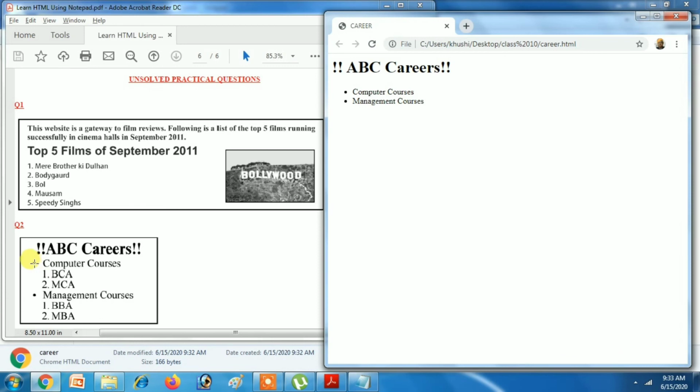Got it? So you can see two unordered list items I have displayed, but here you have to enter one unordered list, and here also you have to enter one ordered list. Where you will enter it? After the list item. First list item. After first list item, you have to insert ordered list, in which there are two list items, BCA and MCA. And here in the second list item, after second list item, you have to again insert one ordered list, and here the list items are BBA and MBA. Got it?